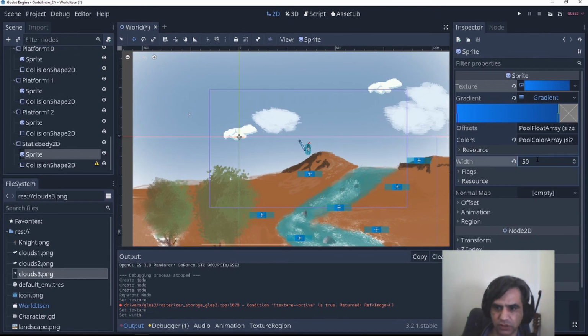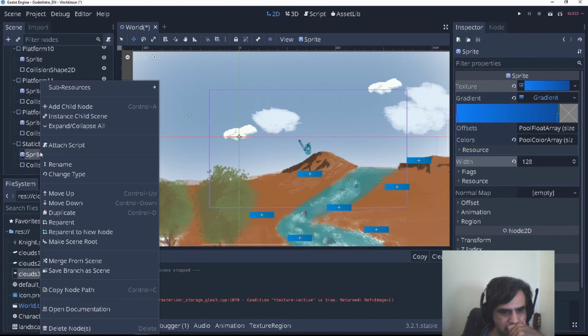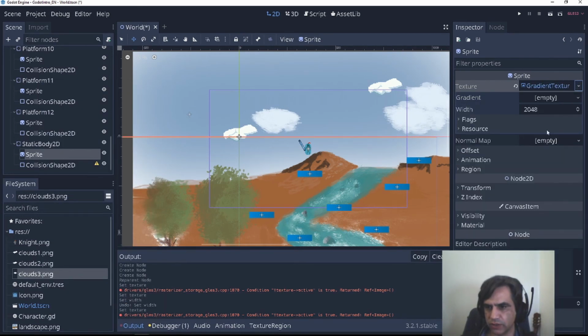But if I change this, it changes the other one. So it's not this that I want. I need to do a new one, unfortunately. Let's see. Instant shell scene, no. Copy node path. No, it's not this. No, I cannot do. I need to do a new one. So new gradient. Select a new gradient.